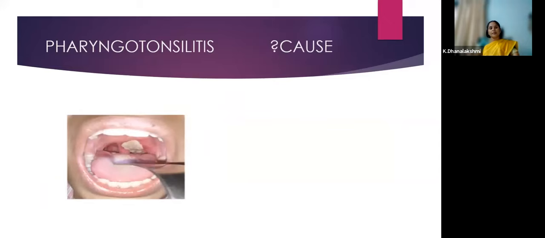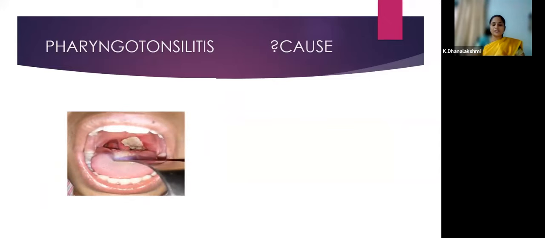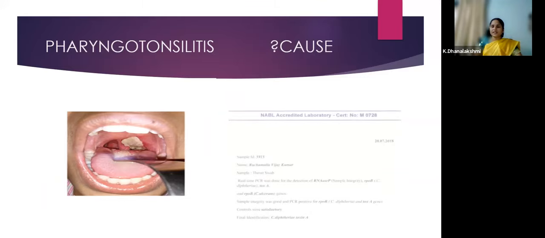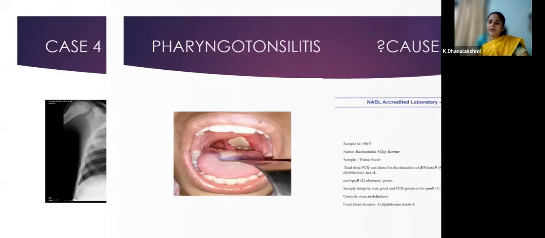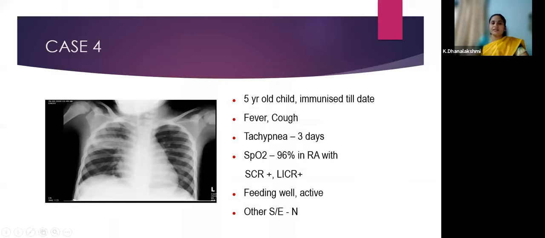So one more child. This is a dense adherent membrane, extending beyond the tonsillar fossae. So what could be the diagnosis? Dense grayish white membrane. This is diphtheria. Nowadays, PCR is easily available. If you order the test in the morning, you will get the results by evening. Here it is positive for rpoB gene, Corynebacterium diphtheriae, and the toxin production is also positive. So this confirms a diagnosis of toxigenic diphtheria. This is how we can easily arrive at the diagnosis if it is a pharyngotonsillitis.